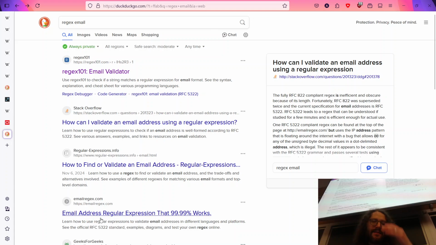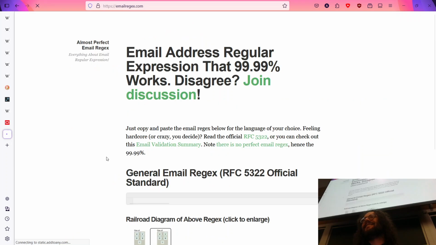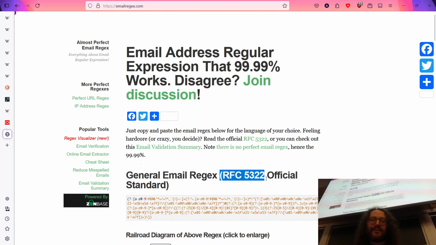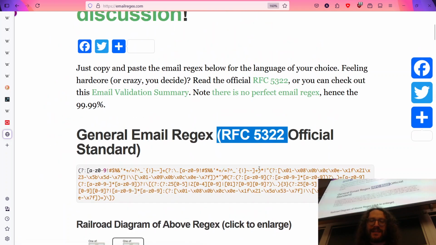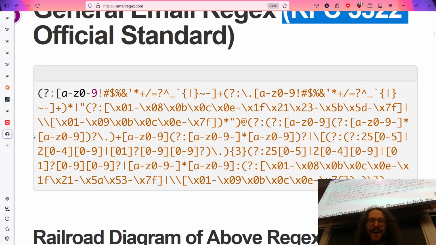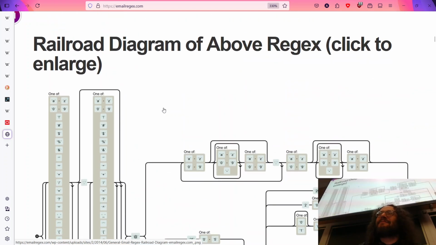Let's see. Yeah, email regex.com. The email address regular expression that works 99.99% of the time. According to the RFC, request for comment, the official standard for email addresses, this is the regular expression that works on 99.99% of all email addresses. Here's a flowchart if you need it. I can't read it.